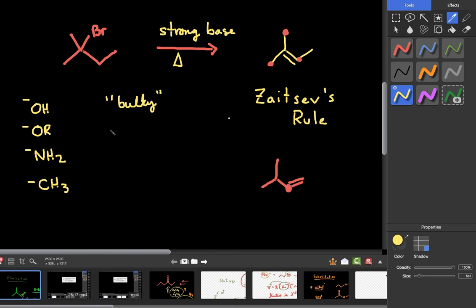So while methoxide is suitably strong, it has a limitation in that it's not very bulky, which means it can act as a nucleophile. And if it can act as a nucleophile, then you're going to have substitution product that's formed and you'll have elimination product that's formed. If we want to favor elimination solely, we want a bulky,